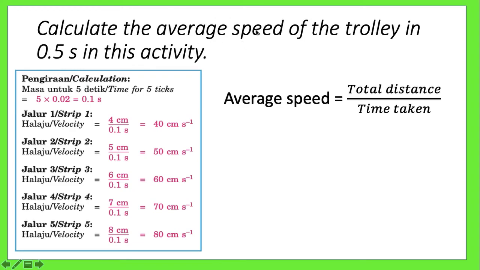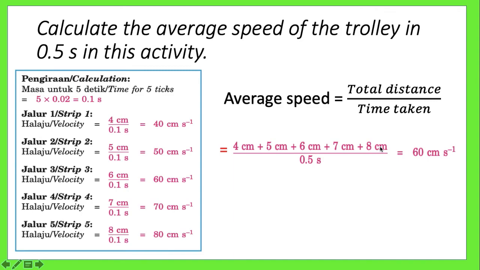To calculate the average speed of the trolley in 0.5 second, we can use this formula. Average speed equals total distance over the time taken. The total distance here is referring to the total length of 5 ticks from the first strip until the 5th strip. And the time taken here is referring to the total time taken from the first strip until the 5th strip. Therefore, the total distance traveled altogether is 4 cm plus 5 cm, 6 cm, 7 cm plus 8 cm,